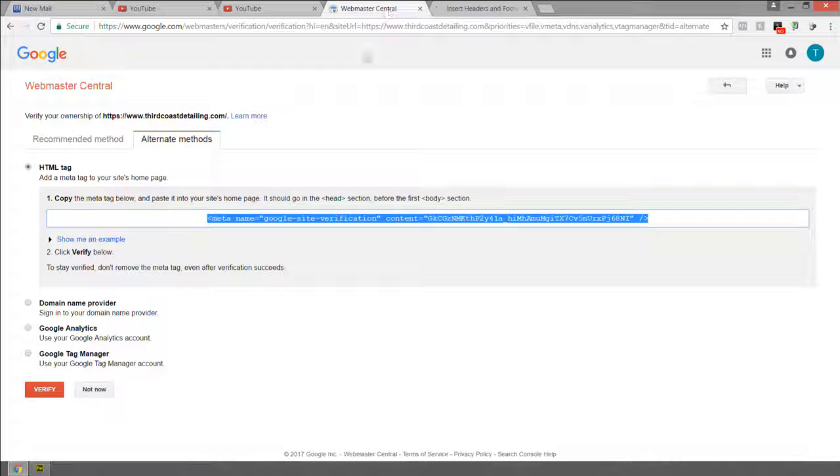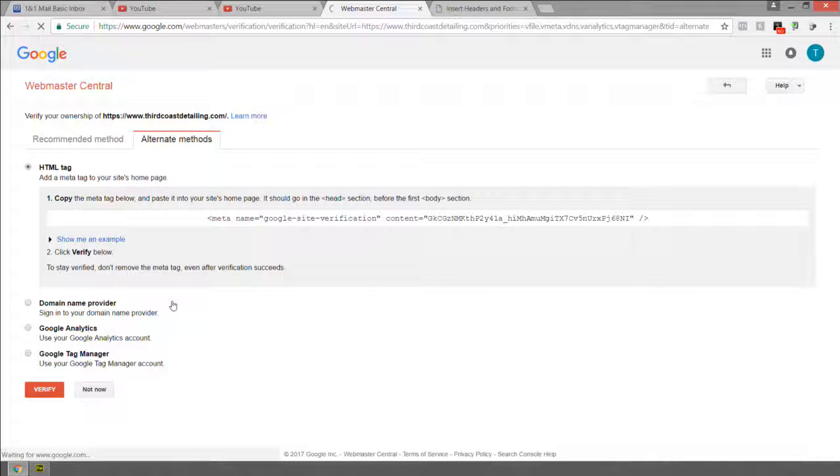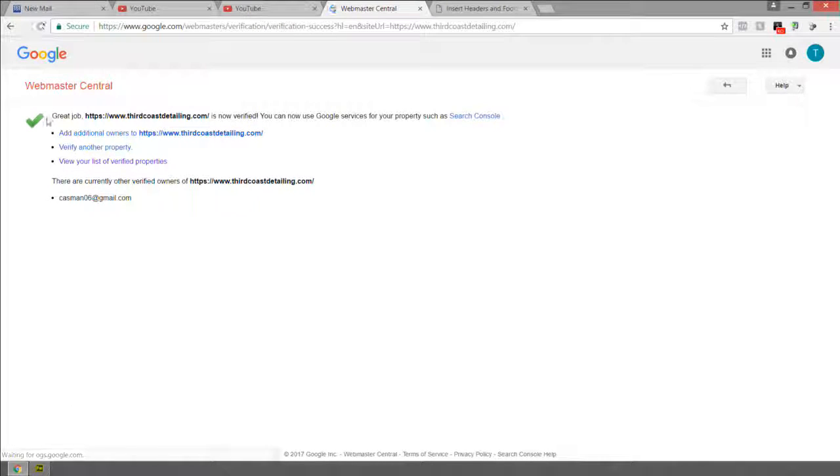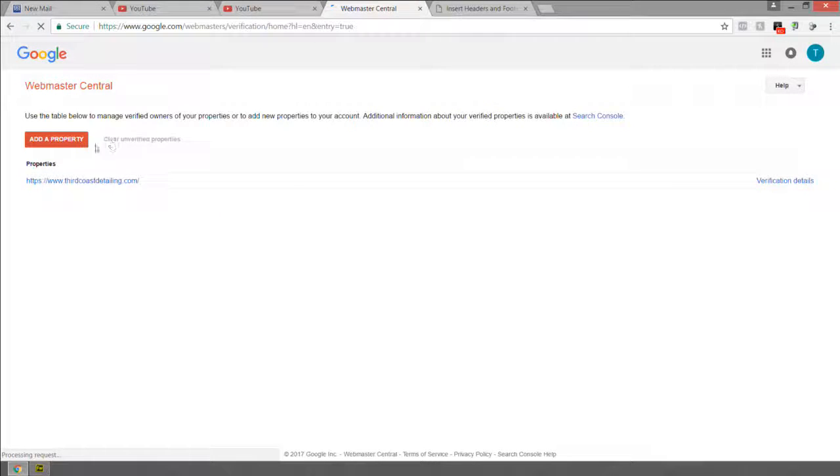Go back over to your webmaster and click on Verify. You'll have a green check mark. Okay, so verify another property. Add a property. You want to add the HTTP version of your website as well. So we just did HTTPS from YouTube. Now we're going to add a property,